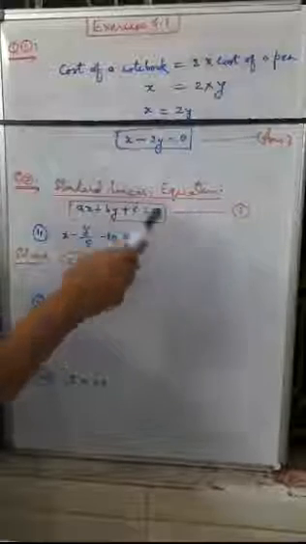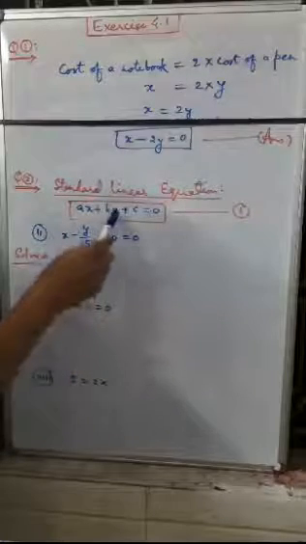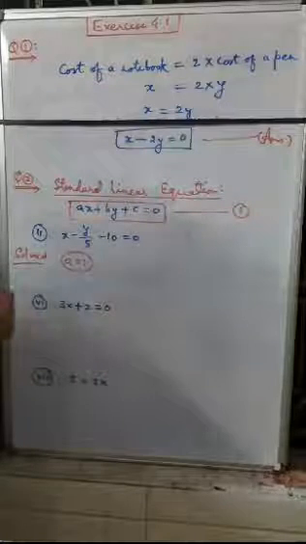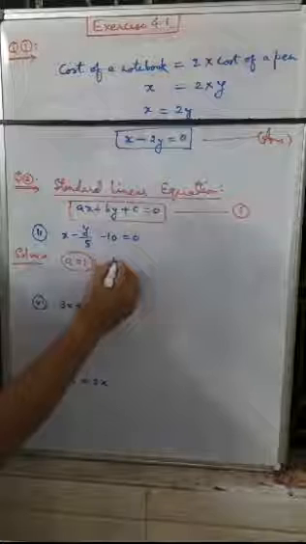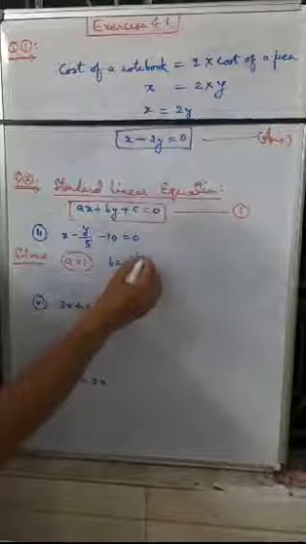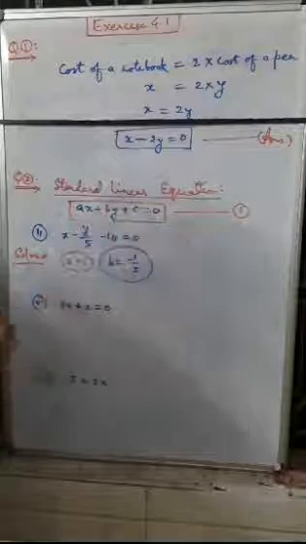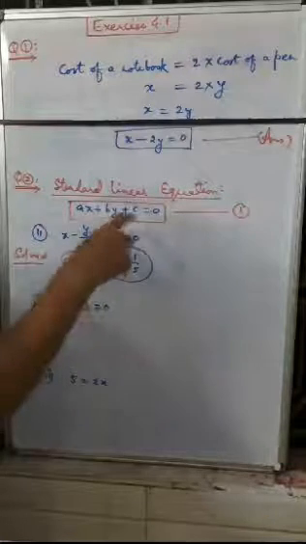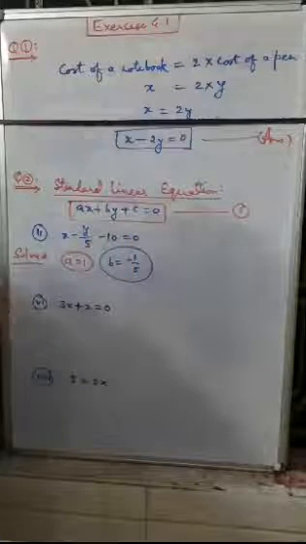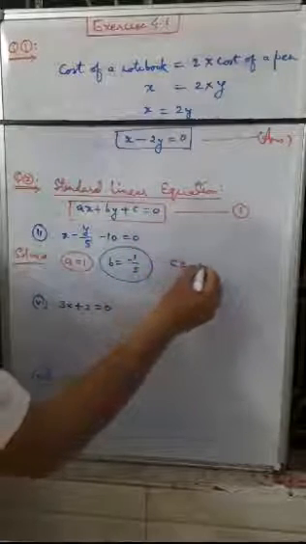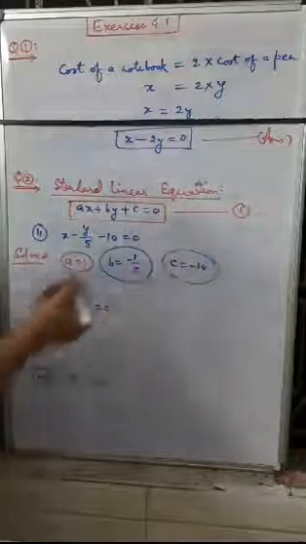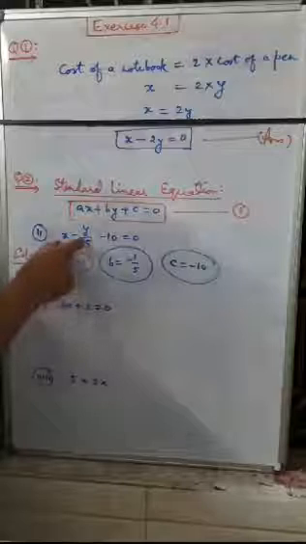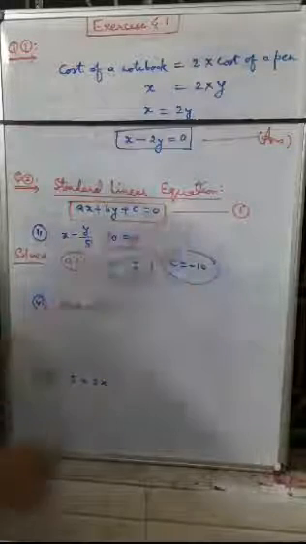We are comparing both the equations. Now the coefficient of y is equal to b, and the coefficient of y here is minus 1 by 5. So b is equal to minus 1 by 5. Now c is a constant which does not include x or y. So c is equal to minus 10. This is the solution of such an equation, because you have a linear equation and you have to find out the value of a, b and c.